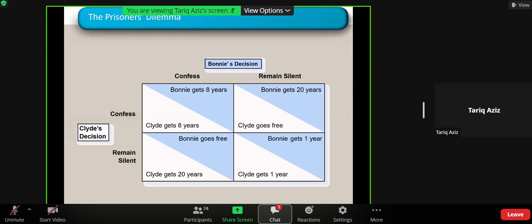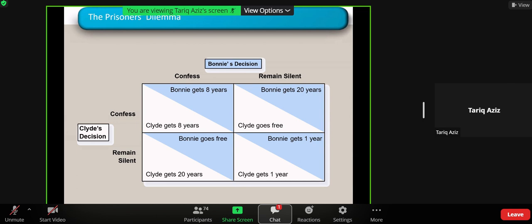So now try to understand the situation. These are the two criminals, Bonnie and Clyde. The police officer has arrested both of them, and has kept them in separate cells in jail. The police officer goes to Bonnie and Clyde separately and gives them this option: if both of you remain silent,